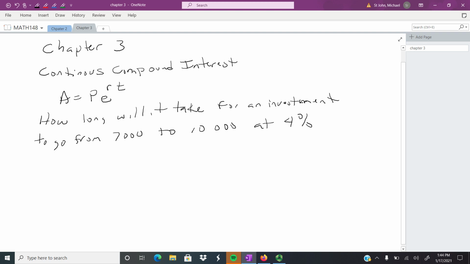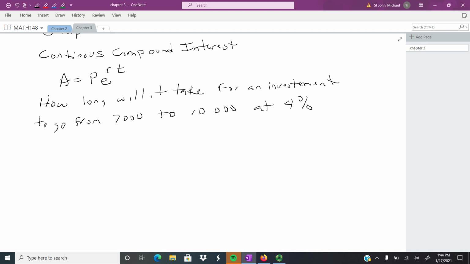So we use our equation, and so here we have that 10,000 is going to equal 7,000 e to the 0.04t. Well, the opposite of multiplying is dividing, so we can divide by 7,000. And so we get 10 over 7 equals